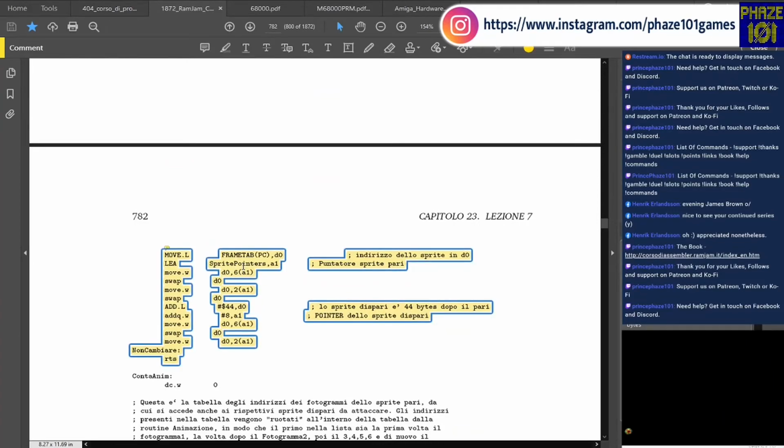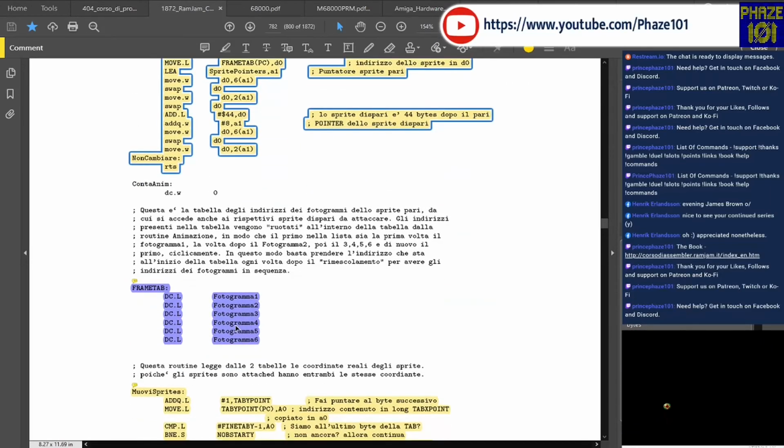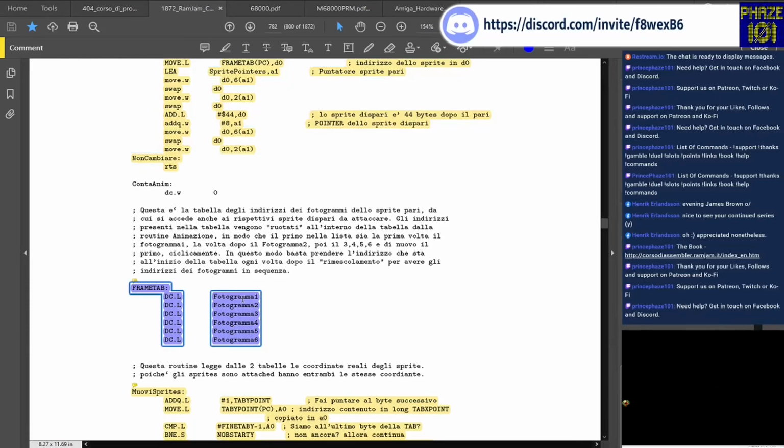Okay, remember when we had copper bars and we were shifting the copper bar, where the color at the bottom goes up, and when it reaches the top it goes again from the bottom, and we were cycling all of them. It's the same routine. We are just rotating this, so 6 becomes 5, where 5 is, 5 becomes where 4 is, and it continues like this, 2 becomes where 1 is, and 1 goes to the bottom, and we rotate that. We just read the first one from the top,